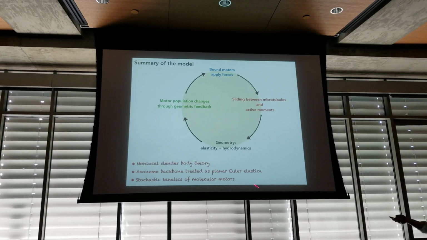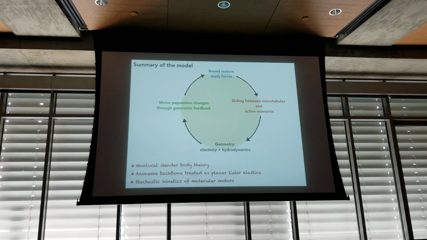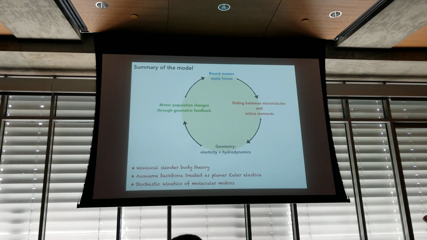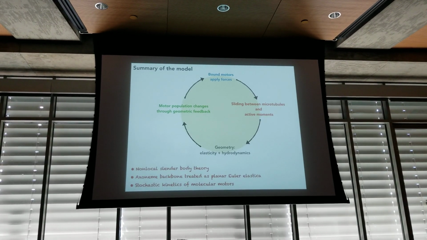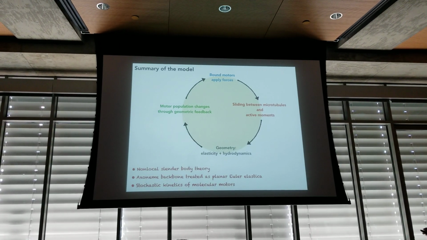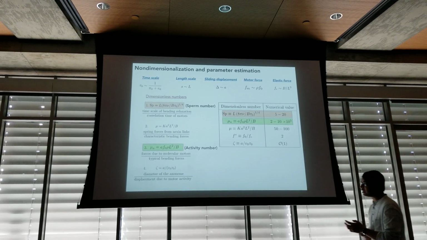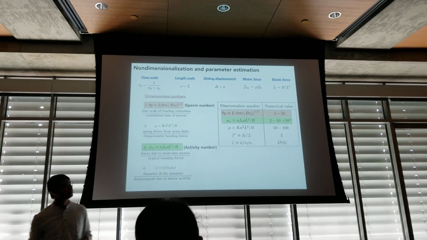There are a lot of things going on under the hood. I'm solving an integro-differential equation that's coming from the non-local slender body theory, and coupled with that is a stochastic kinetics of molecular motors as well. That's not really important, but the main point is that I'm not pre-imposing anything, and everything is coming through this feedback. Everything is spontaneous. There are a lot of parameters in the problem, which, you have to take my word for it, can be estimated from experiments. There are virtually no fitting parameters.